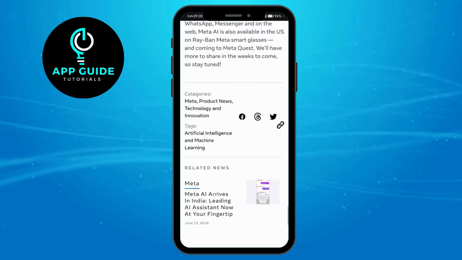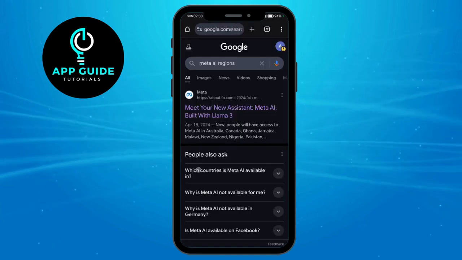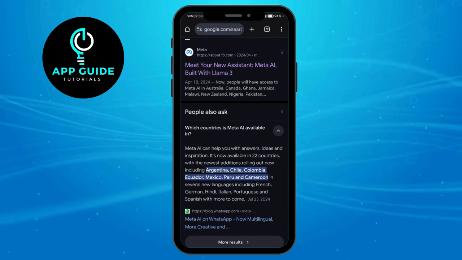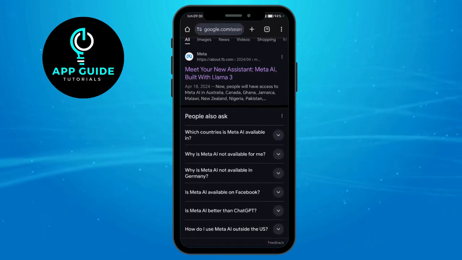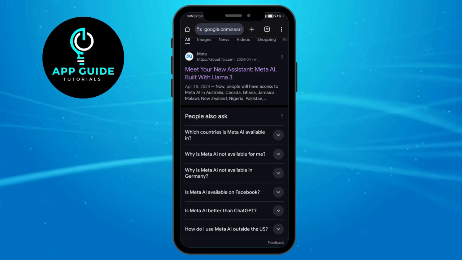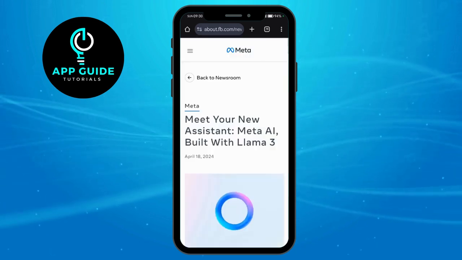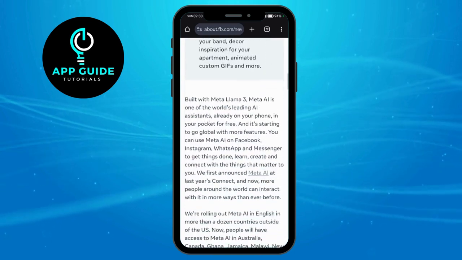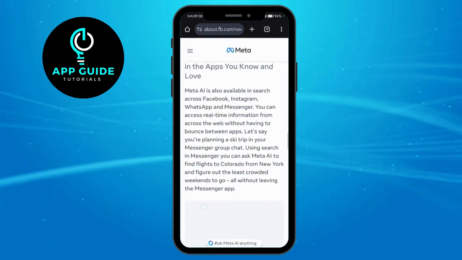So it actually sees you the feed on the Meta AI and a lot more. So in here you can see the option of Meta AI and what countries they're in. You can see that they're available in Australia, Canada, Ghana, and a lot more. But they're actually not available in my region. My region right now is actually the Philippines, and since it's not here, that means that I can't use